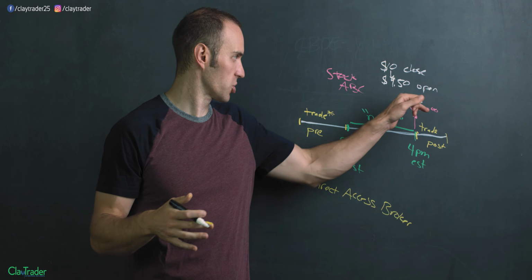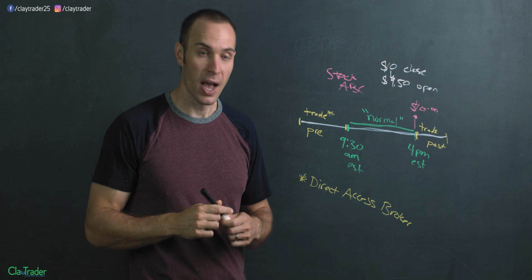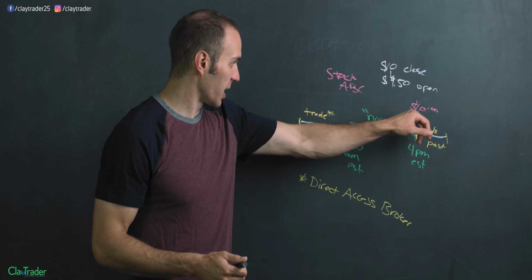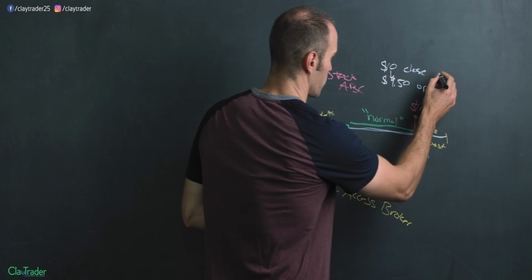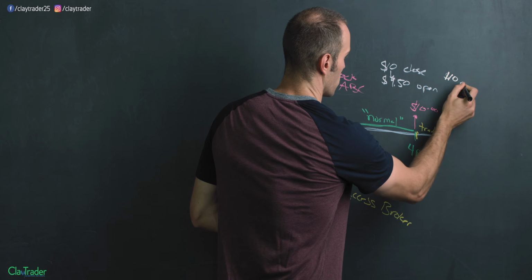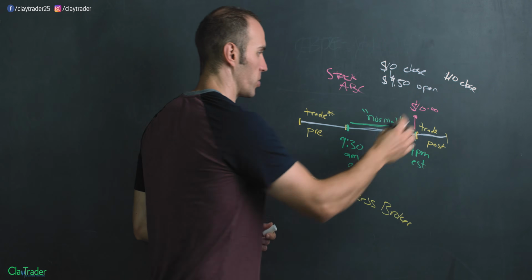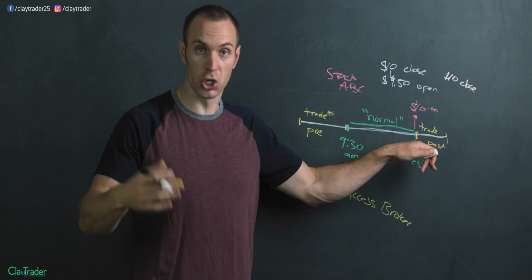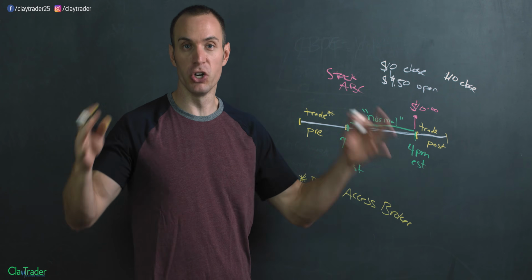But in this case, I just say something bad came out about it. On the flip side, though, and maybe you see where I'm headed with this, let's say that, again, it closes at 10. So a $10 close. But then good news comes out. Some sort of good news happens after 4 p.m. So maybe at like 4:02, the market closes, boom, good news comes out.